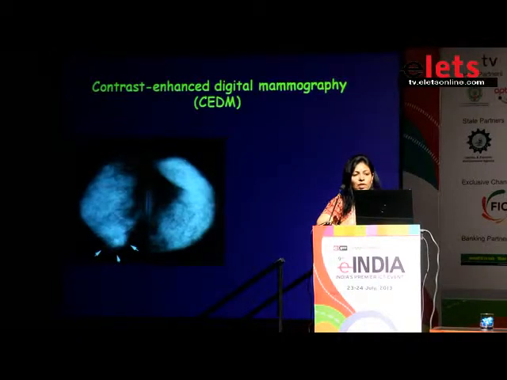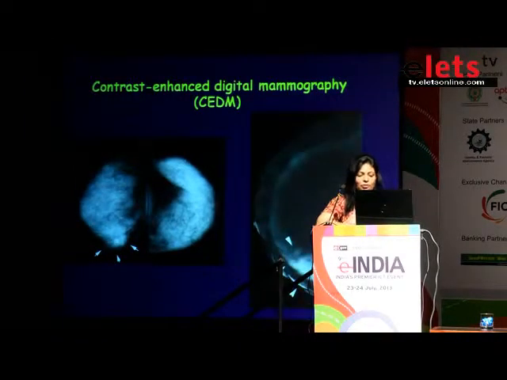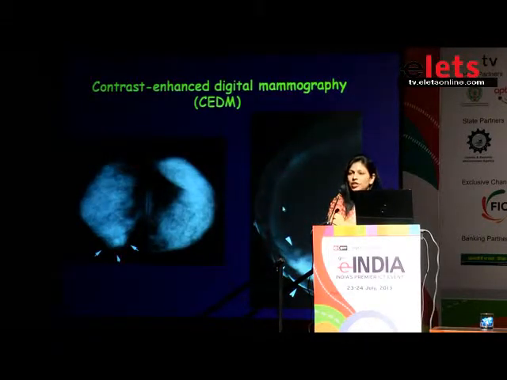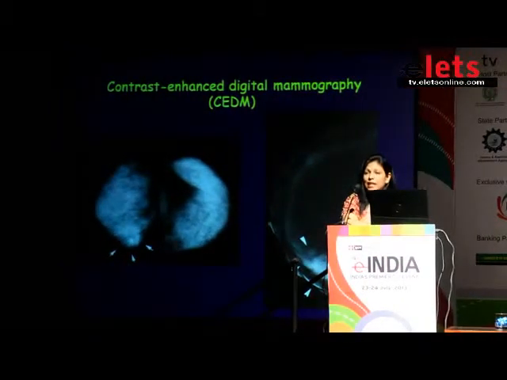And then we have something called contrast enhanced digital mammography. A very young lady, dense breast, there is some asymmetry. Look, it's normal here, it's abnormal here. Now what do we do with this? Should we just go in and biopsy it, or can we do something non-invasively? So we have done this contrast enhanced digital mammography, and look at the final subtraction images after injecting contrast. Only the area of malignancy stands out. Not only that, you have a satellite nodule here, and another satellite nodule here which you picked up. So without touching the patient with a needle or a knife, you're 100% sure that she has a malignancy, and then you can plan for further treatment.